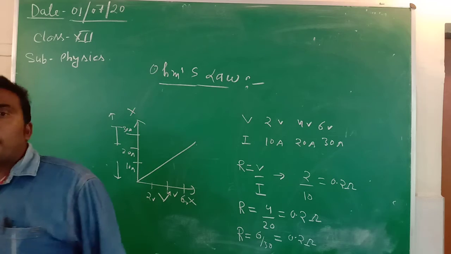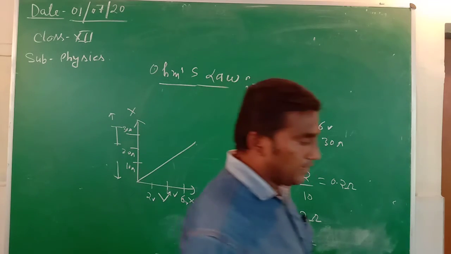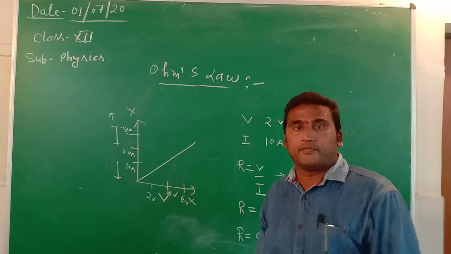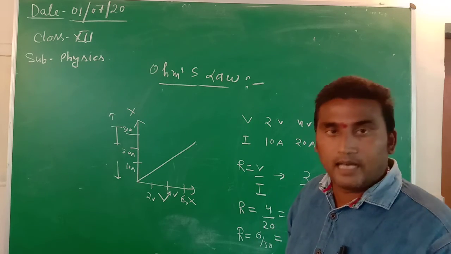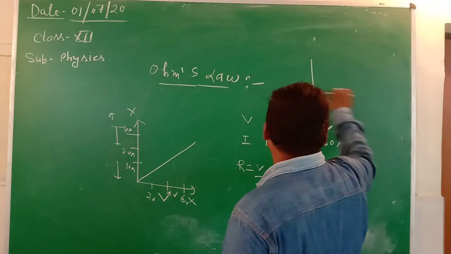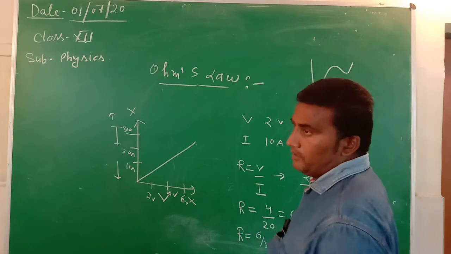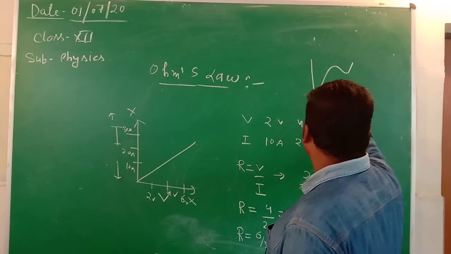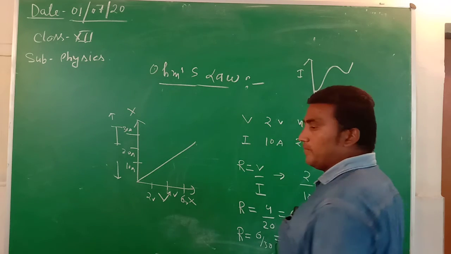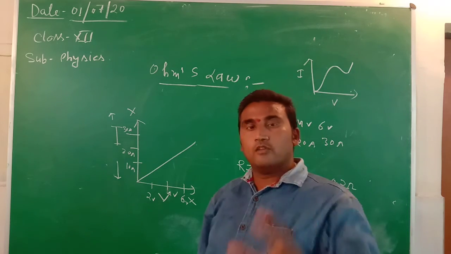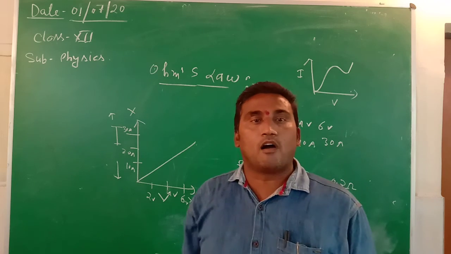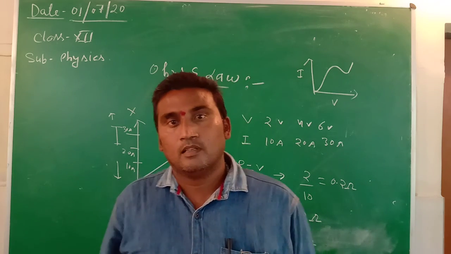The other graph is known as the non-ohmic graph, because the value of resistance will be variable, not definite, in each case. Then the graph is represented as a non-ohmic graph. In the same way, the voltage is on the x-axis and the current on the y-axis. In every case the value of resistance differs, and an easy example of a non-ohmic graph is the torch bulb.